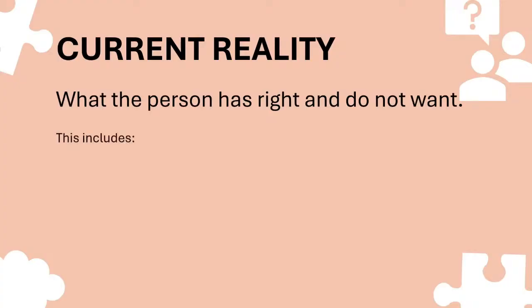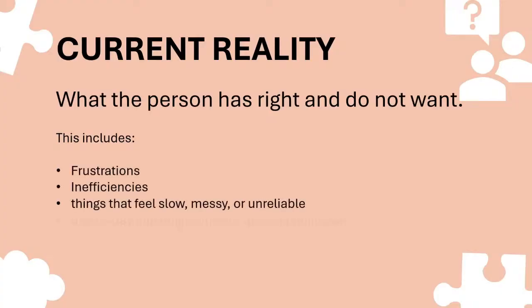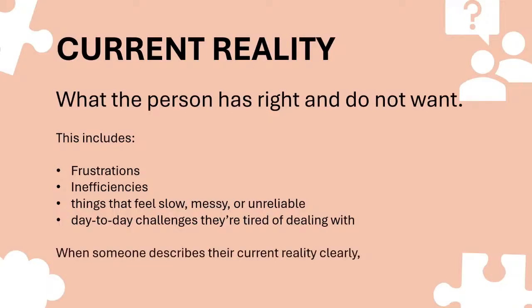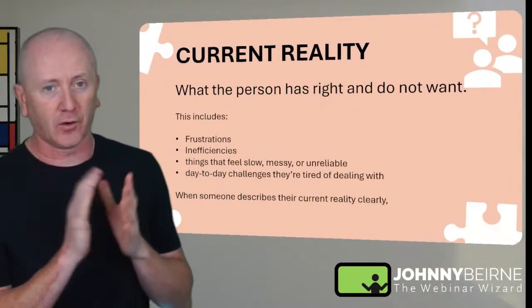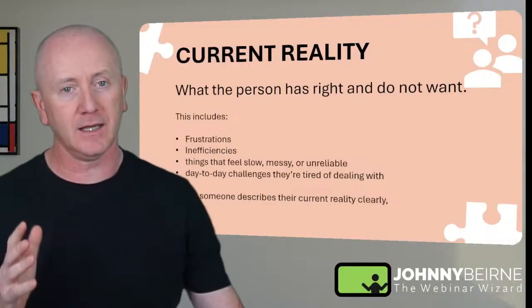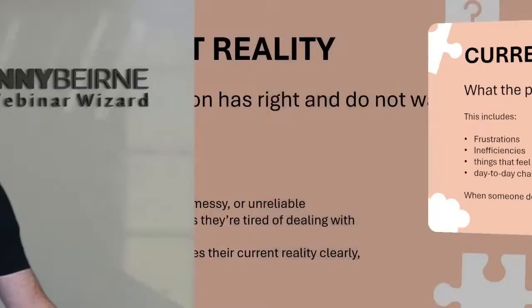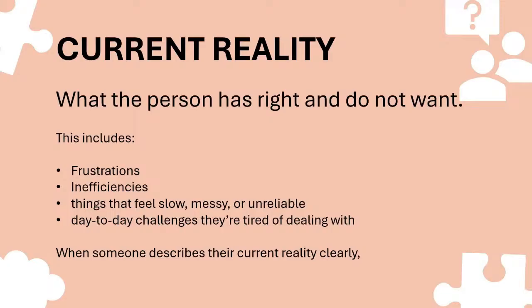What do they have that they don't want? What frustrations, inefficiencies, things that feel slow and messy, day-to-day challenges, how do people describe those to you? Their current reality. And when they start to admit to themselves through an assessment that these are real issues, they're more likely to move forward. Admitting you have a problem is the first step in